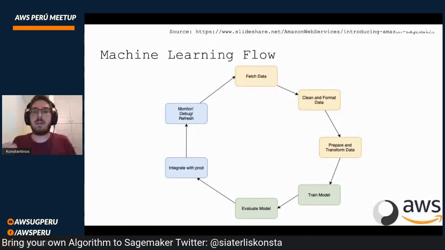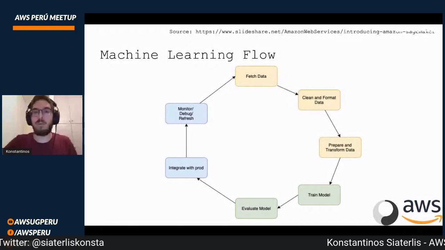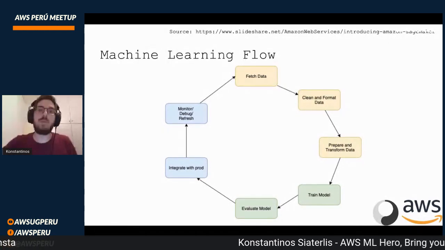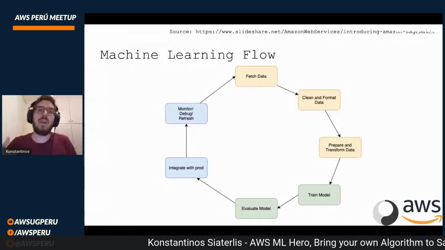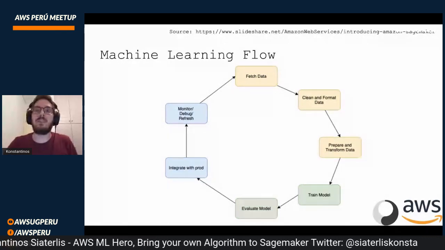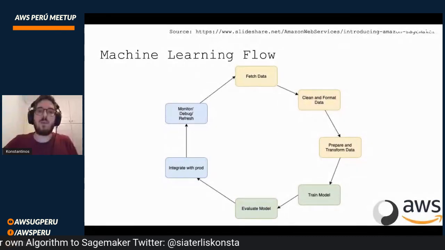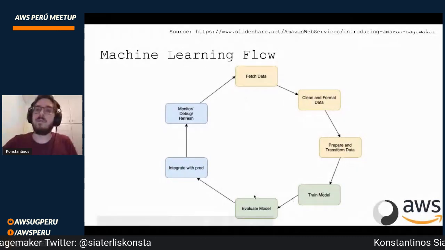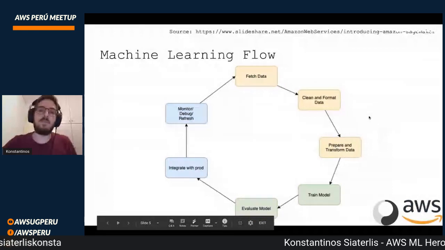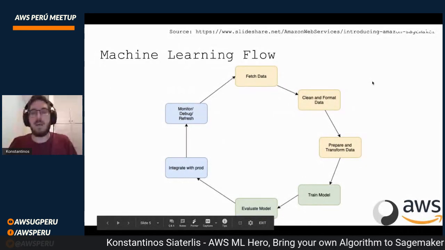And at some point, this is inevitable, your model will start underperforming because new data are going to come, and your model is going to see data that is not known to it. So you go through the flow again: you fetch new data, you clean them, prepare them, train your model, evaluate, and so on. And this is an endless cycle.